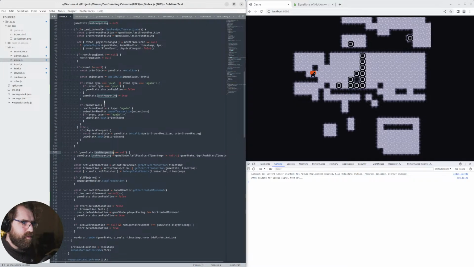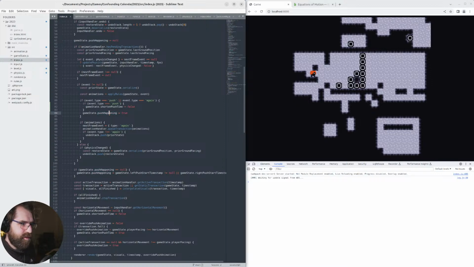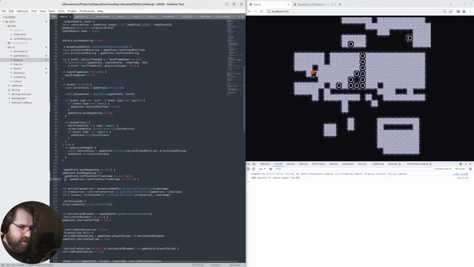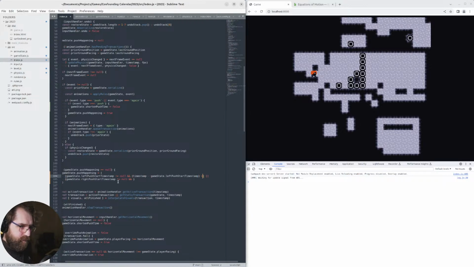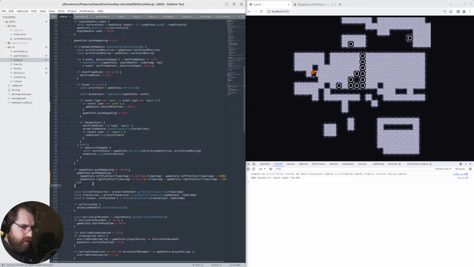So push happening gets set to null here. It gets set to true in this place if an actual push event's happening, which it does, but not then. Okay, so then it gets to here, it's going, okay, so it's still null. So we want to decide, are we pushing? And so my decision for are we pushing or not was what I thought made sense, which is there was a time that we started doing a left push,